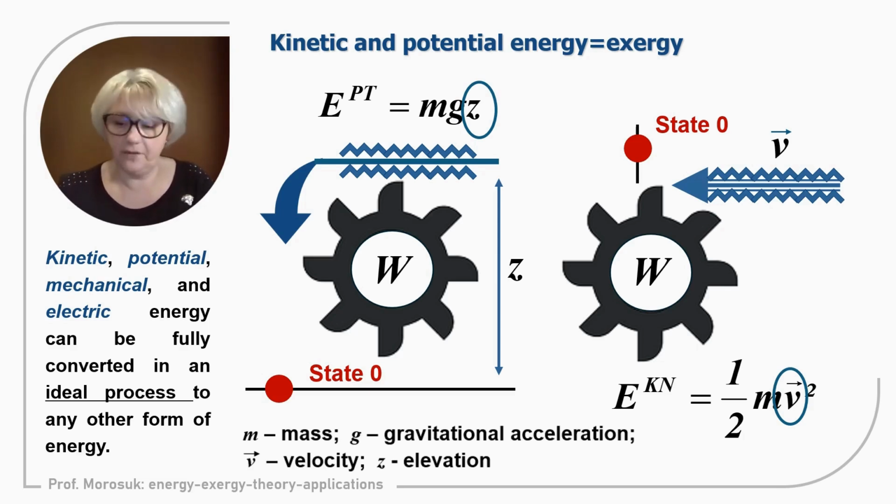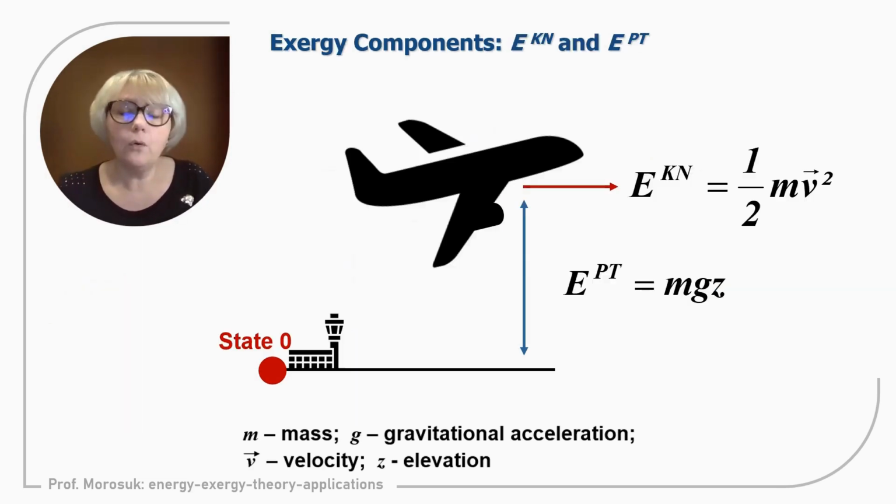I think it is very clear. And now we will go to the abstract level of exergy analysis. Now we need to discuss the kinetic and potential work associated, for example, with an airplane. Definitely, an airplane cannot be expanded in order to produce work. This is absolutely clear. Therefore, kinetic and potential exergy are the states to describe the system, which is our